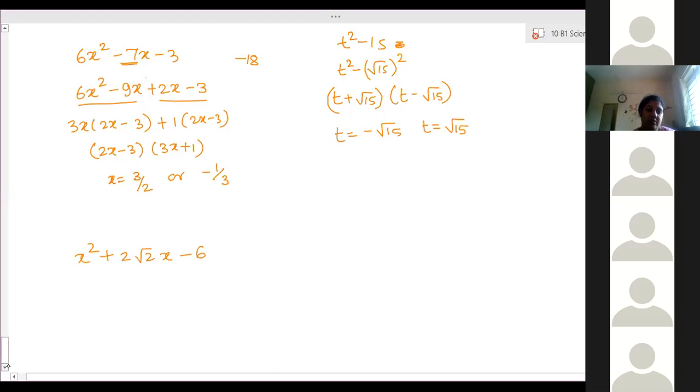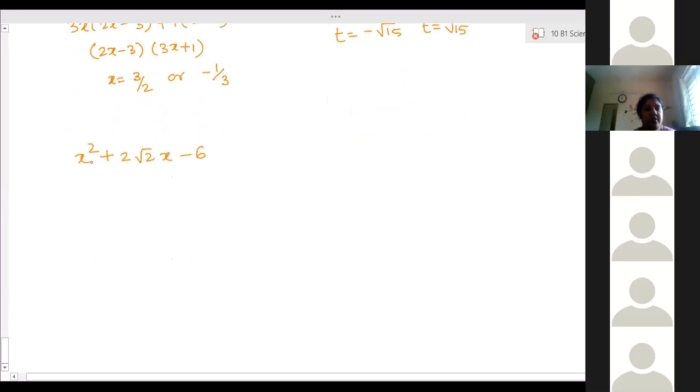Now everyone listen, whether you were there or not doesn't matter. How to factorize it? We need root 2 in one of the factors of 6, so the product is minus 6. Keep the 6 only right now. One of the factors should be root 2. So how to do that? 6 is first divided into 3 and 2. Now 2 can be factorized as root 2 into root 2. And then 3 is there. So these are the 3 factors of 6.